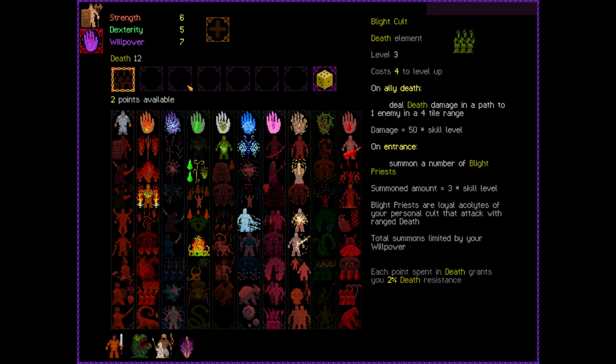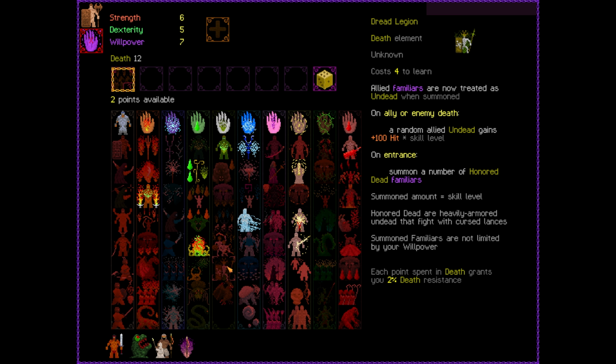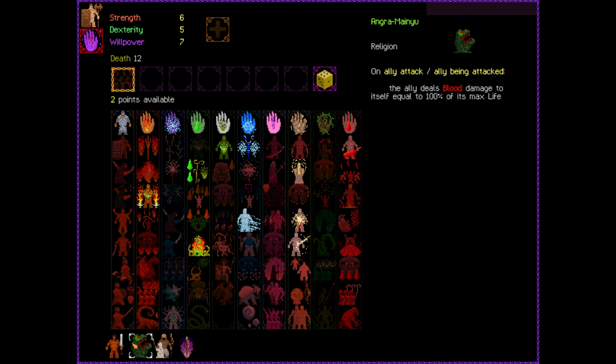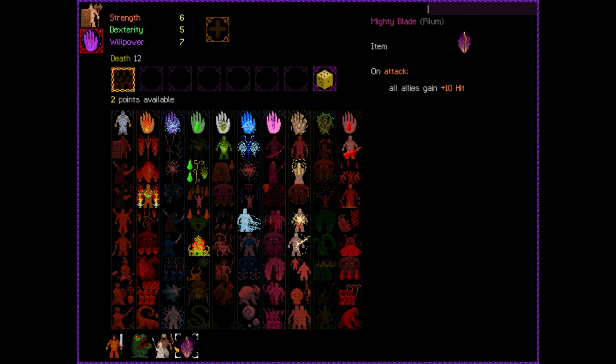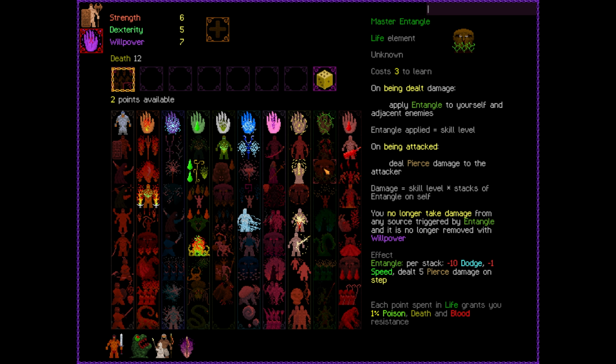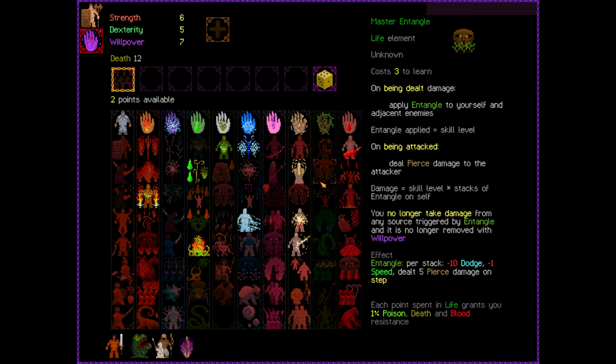We might actually need some necromancy thing, like on an ally attacking an enemy. But then again, our current problem is we're just dying. All of our minions are dying. I don't know how we're supposed to get around that right now. An ally deals blood damage to itself equal to 100% of its max life. I wonder if they can get resistance. If I can give my...